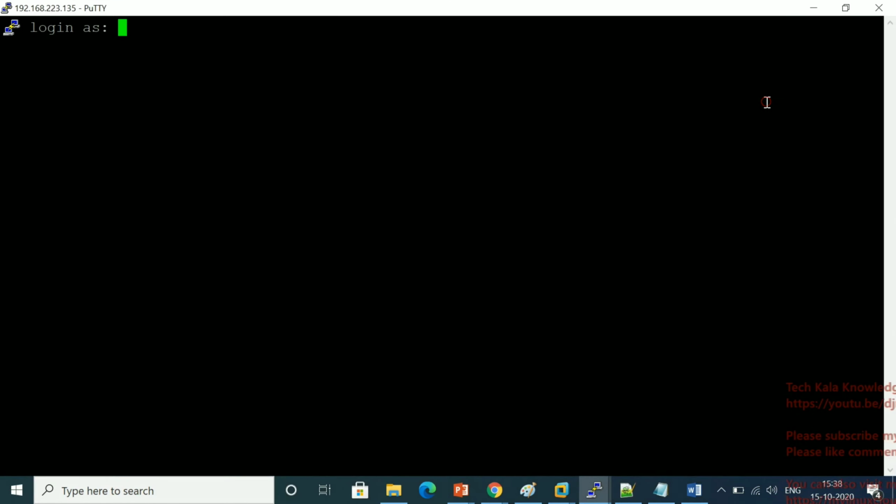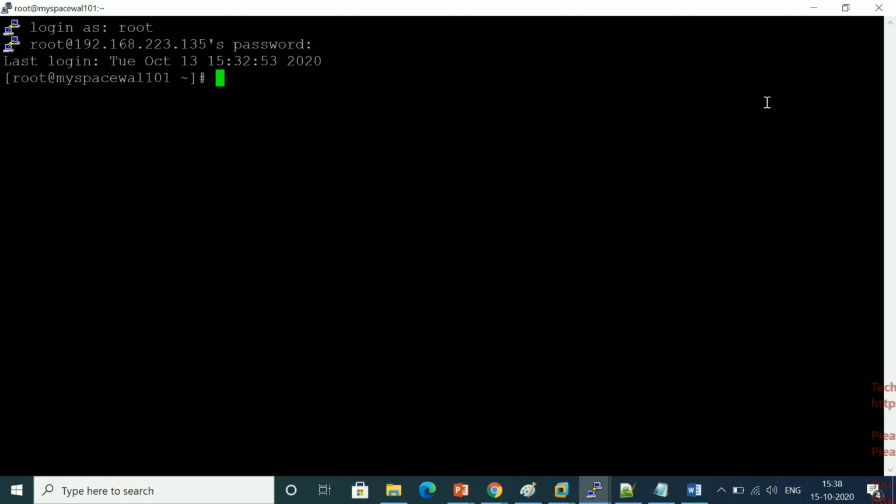You can see I'm now able to get the login prompt here. It means SSH is now working fine. Before, the service was not running, and when I tried to connect to this server through PuTTY remotely, I got the network error, connection refused. Now that issue is solved.